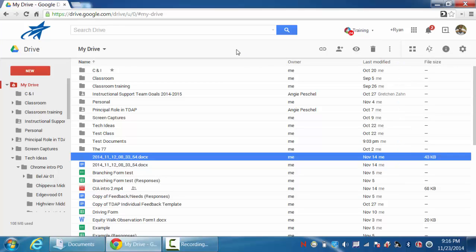Okay, now I want to show a couple more things. There's two more things that I want to show. The first one is how to select documents and move them around in Drive. The first thing is if you want to move something, let's say I want to move this document to another